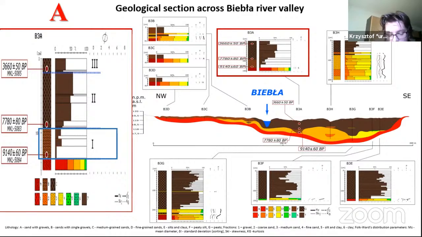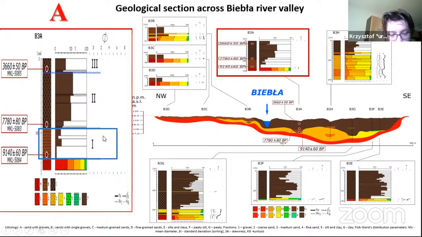They can be interpreted as paleochannels. We can distinguish three stages of the accumulation of organic matter: